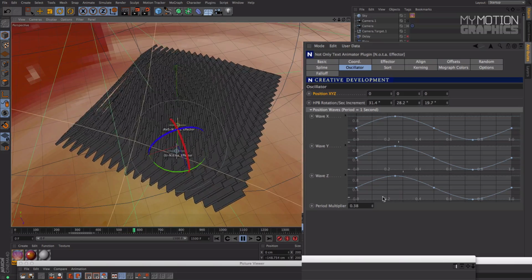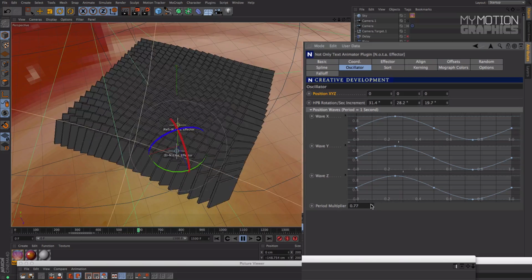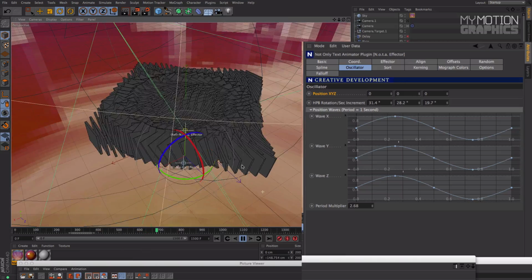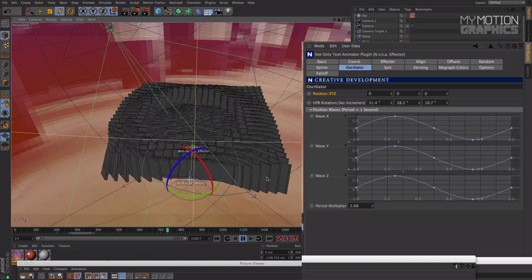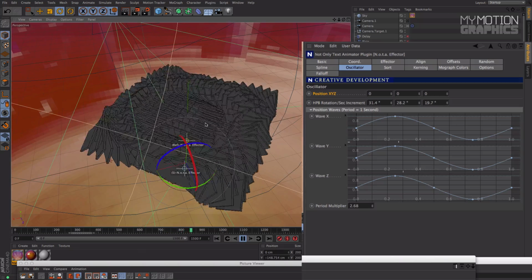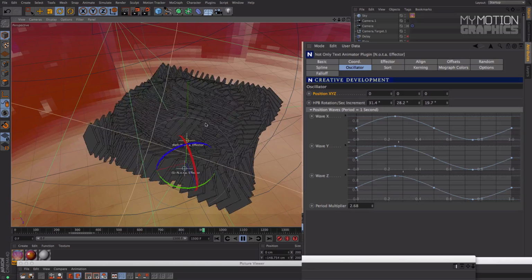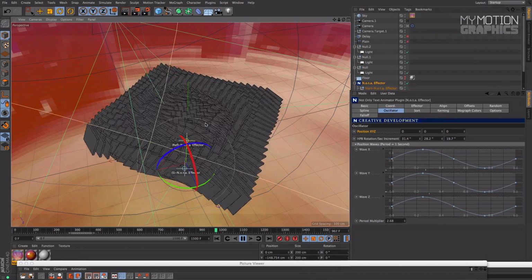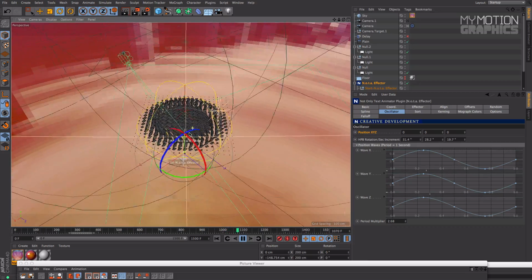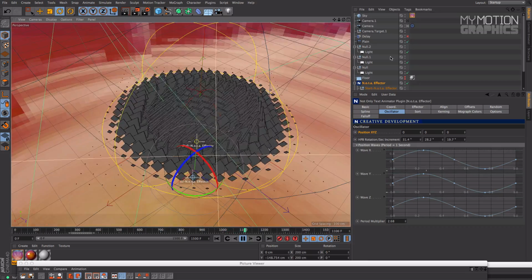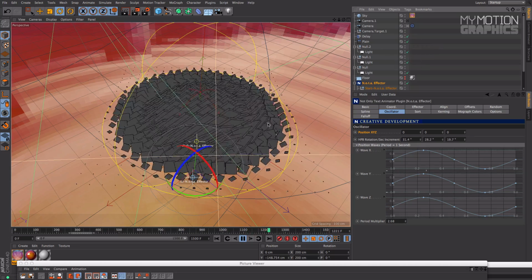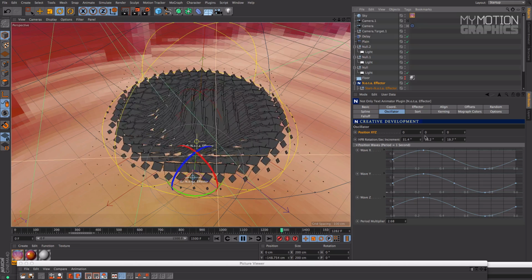And voila, maybe increase the period multiplier to make it faster. Yeah, that's right. Look at it. Awesome. I can't say this enough: if you add some more effectors, it's awesome. Like this Spline Effector, for example, you get this rounded shape, looks really cool. Or you can add this delay. And with the rotation, I'm not really sure if that works that well, but